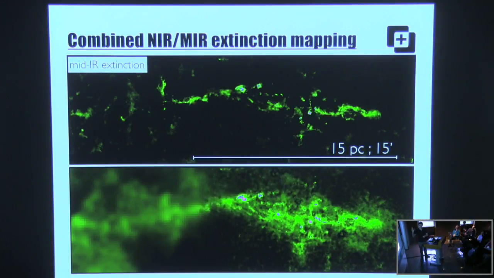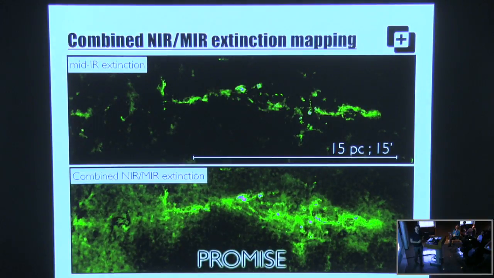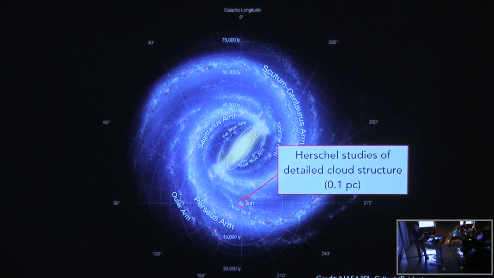What PROMISE does is combine those two efforts, so you get the best of the two worlds. You're sensitive to the higher columns while retaining this more diffuse background. And of course, we have this 2 arcsecond resolution from Spitzer. Why is this important? Let me show you here. This is the typical cartoon of the Milky Way. And what I highlighted here is what we were